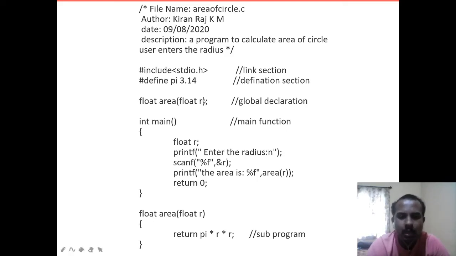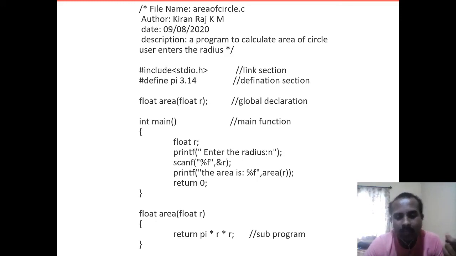Next comes the global declaration section. In the global declaration we can declare global variables and the sub function. Here we have declared the sub function. A global variable is used when more than one function is using the same variable.